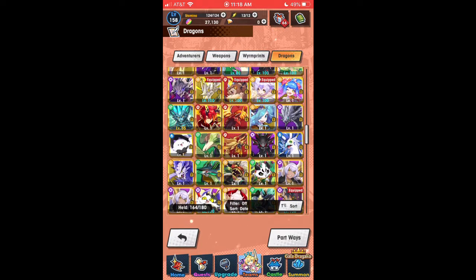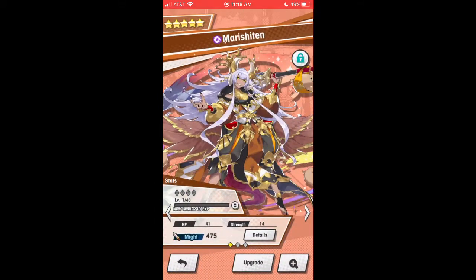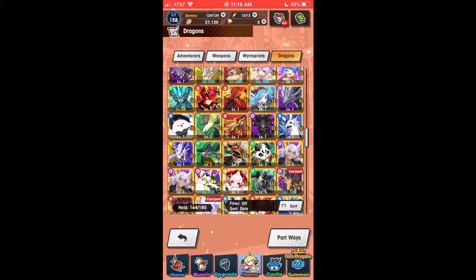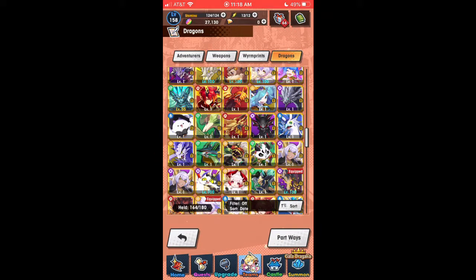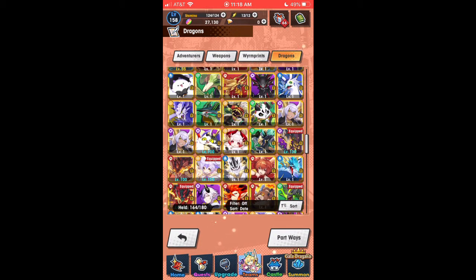So, yeah. At this point, I did summon on the New Year's banner. As you can see, I got 2 other Marishi 10s, so I actually have 2 bonus Marishi 10s other than my max and bound one. During the Halloween event, I did get a Marimus, and he's been unbound twice. I believe I have others if I search...